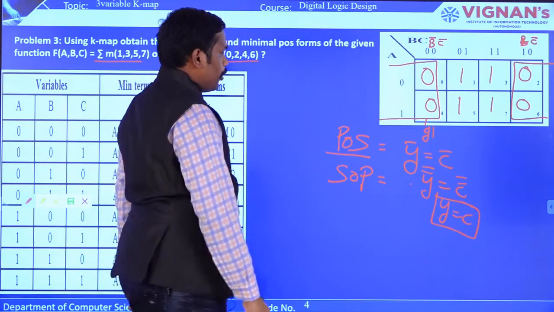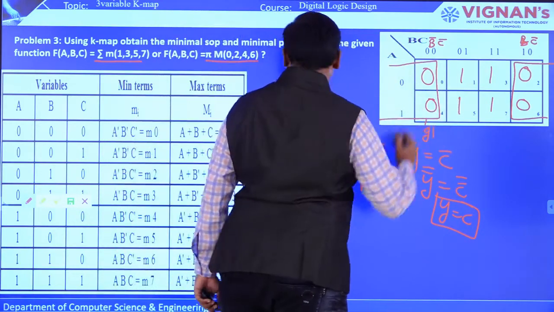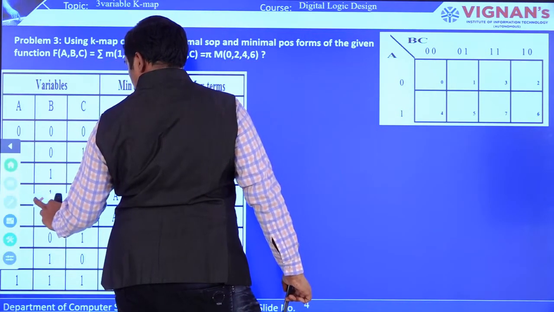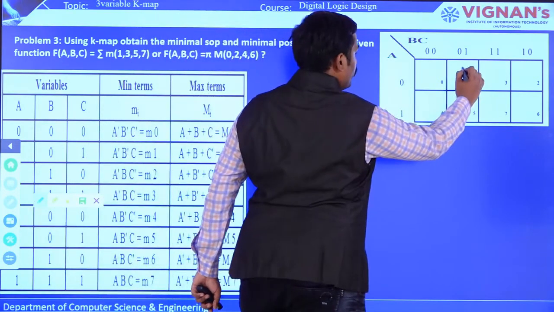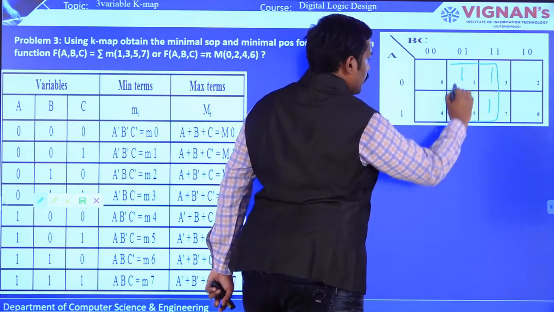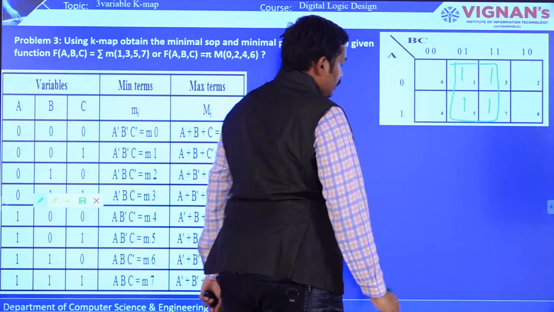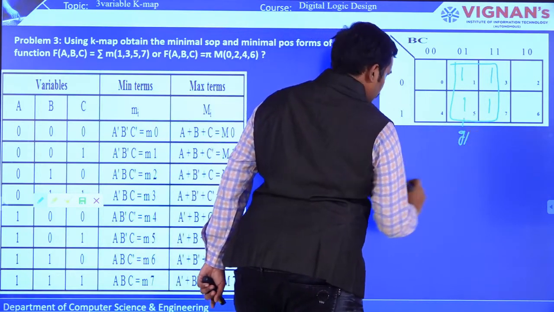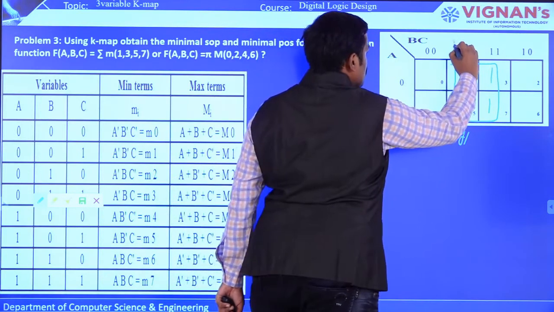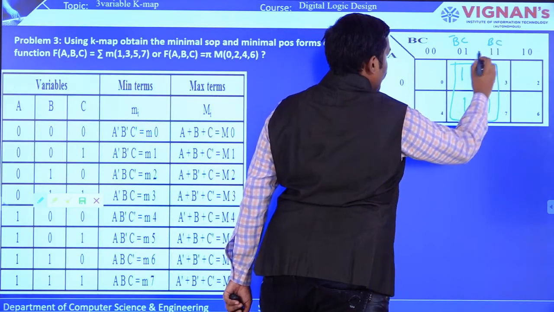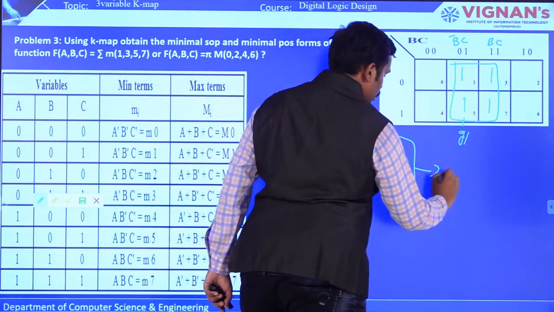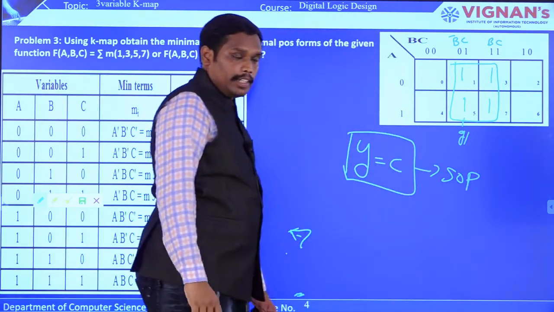And then for SOP, you are going to check the ones, and even for ones, you can pair them as a quad. So here I think you people have seen already 1, 1, 1, 1. So now this particular one is a quad of ones, and now you are going to form it as group 1, and then you are writing an expression y is equal to, this particular quad is having B bar C, B C, where C is a common variable that is there. So y is equal to C is a simplified expression for SOP. Okay, right?